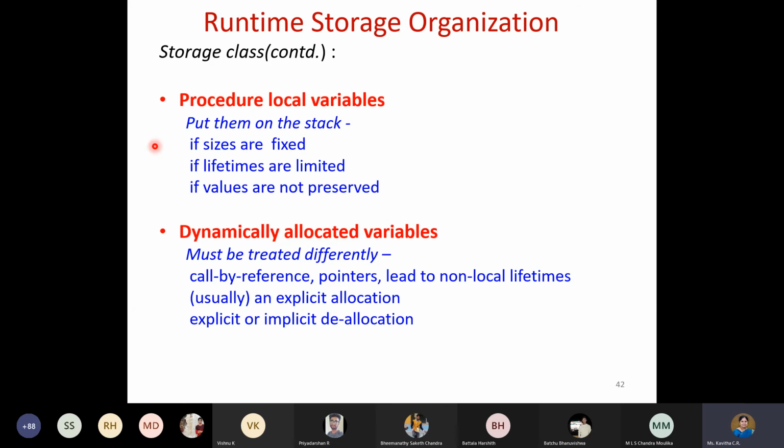All these variables may be of fixed size, and also the lifetimes are limited, because only till it returns will those local variables exist, and the values are not preserved after that. So once you return from the function, you are going to lose those values, or you can see that it is overwritten for that particular name.